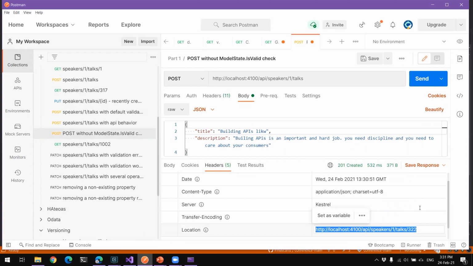I actually had a team which I also taught this, because what they did every time they created something, they said, yeah, I want to show that on the screen, so I will return it from the post. And I think that's wrong, right? You do a post and you want to know whether or not it worked, and you don't want to have the created entity. That's weird. So I think this is a very cool way, because then you can use this location to actually get to the entity that you just created as a resource. Exactly, it's way better to do it like this.